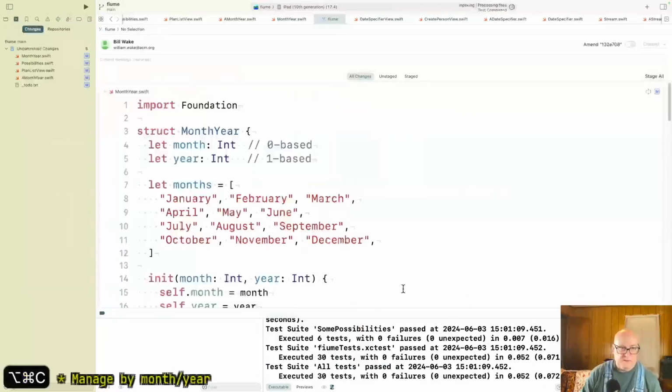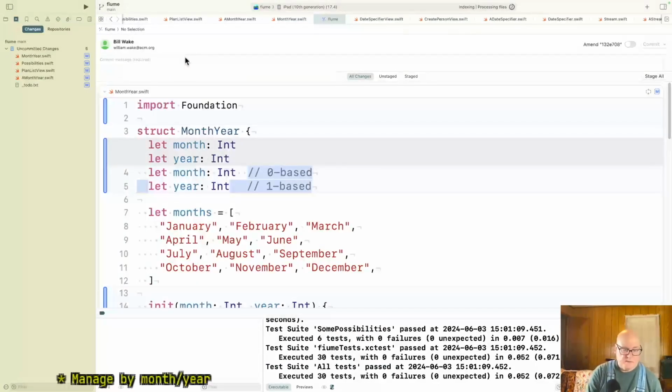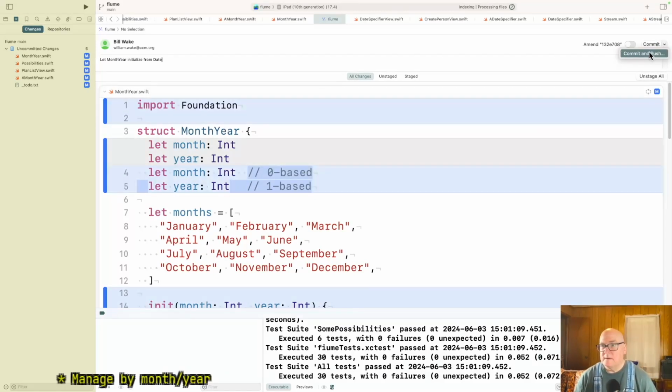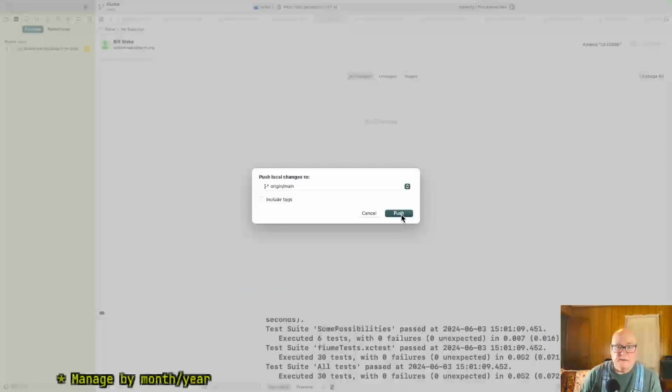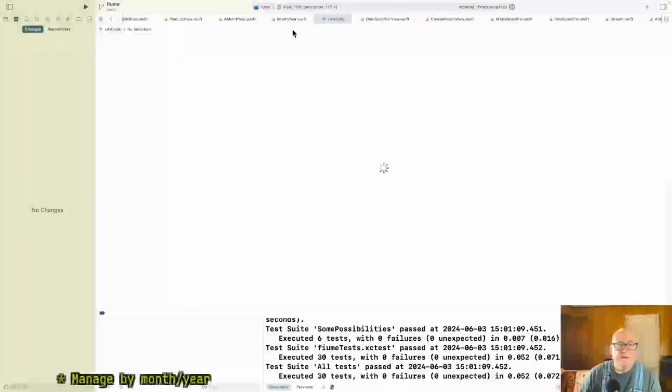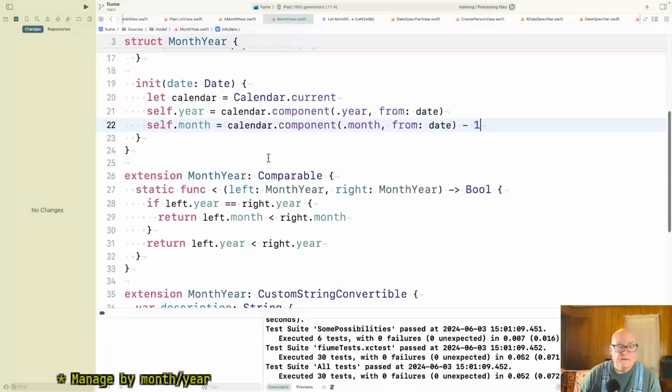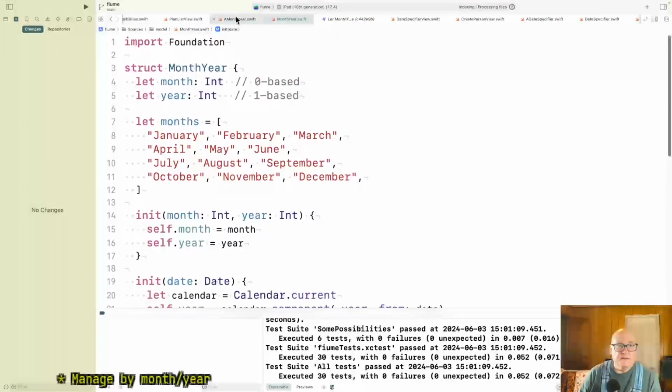Okay, so let month year initialize from date. And then, right, that seems okay.